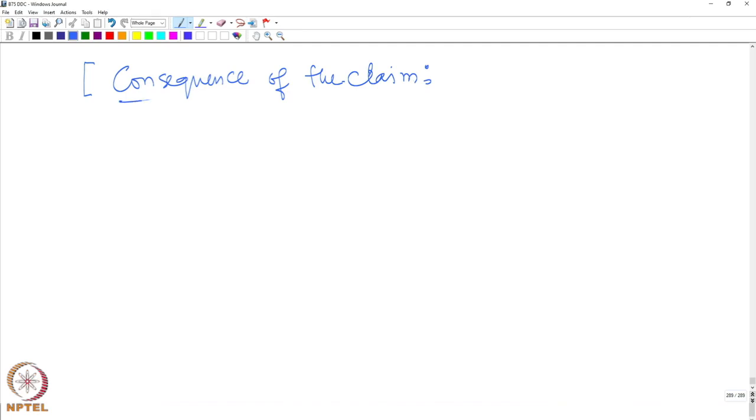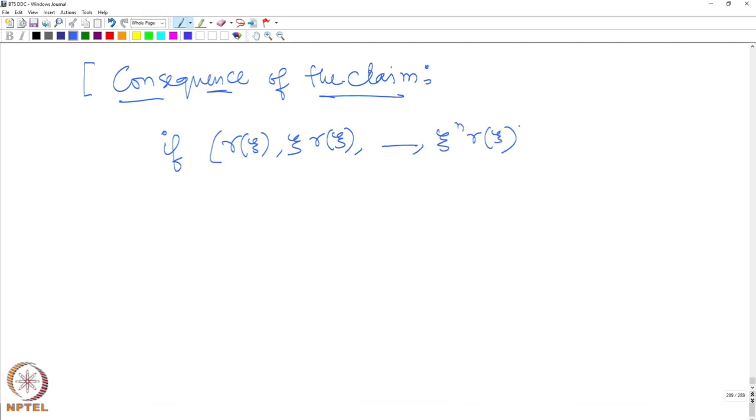What is the consequence of the claim? If this subspace, the span of R xi, xi R xi, dot dot dot up to xi to the n R xi, intersected with